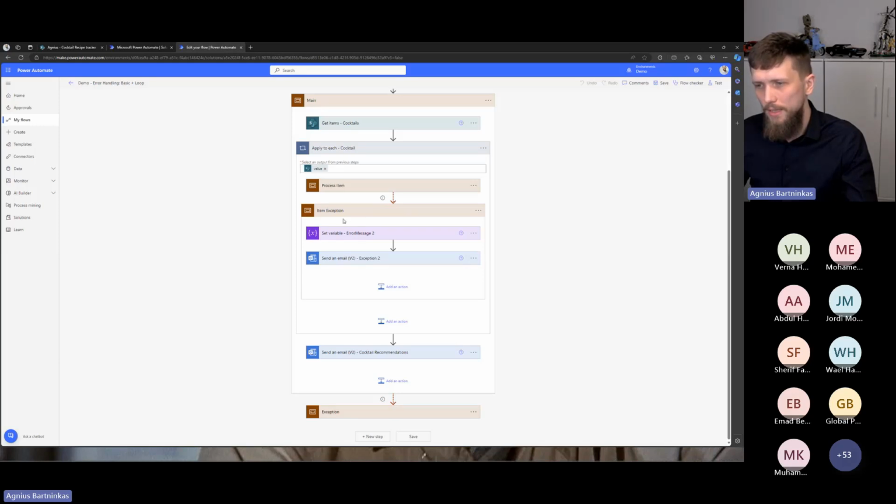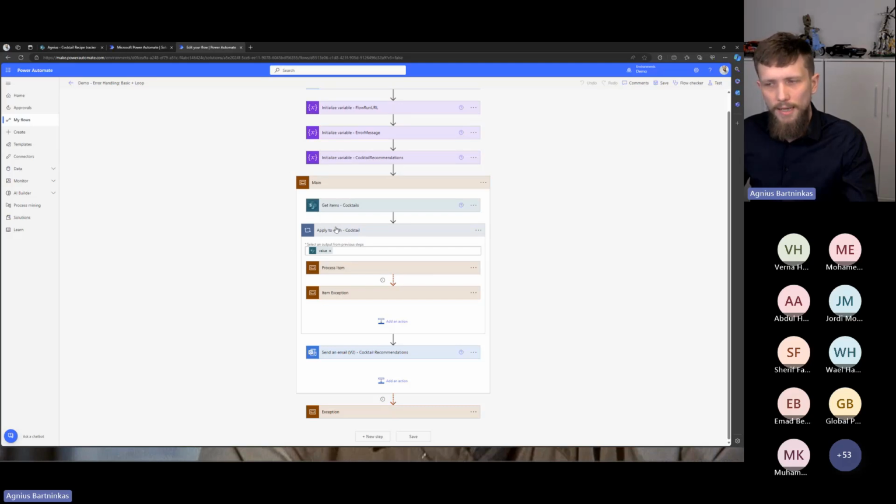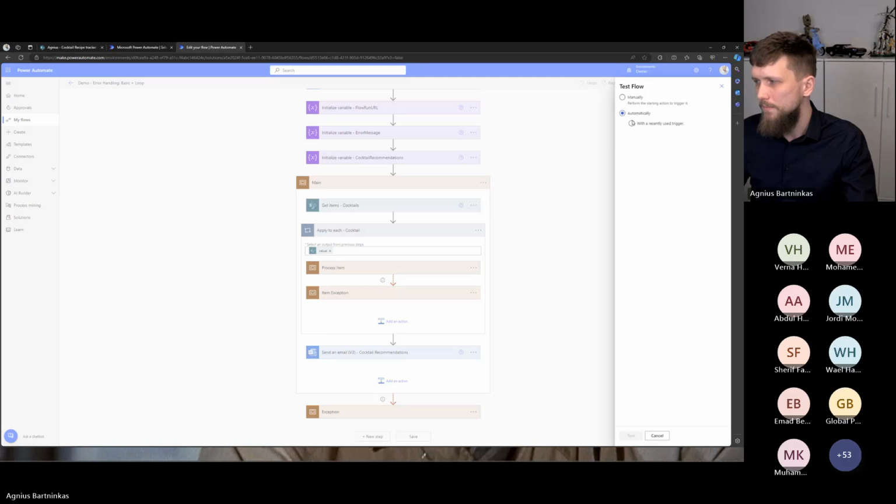And then when it actually handles the exception, the loop itself is considered to have succeeded. And as such, this scope doesn't fail. It only fails if one of the other actions actually fails, and then this exception catches those. It doesn't touch the loop. And that's basically it. So if I run this one,